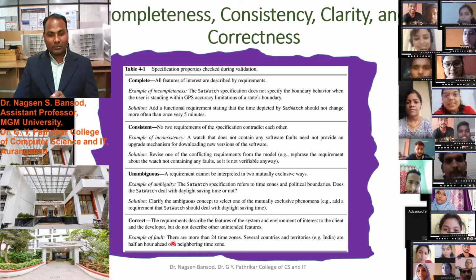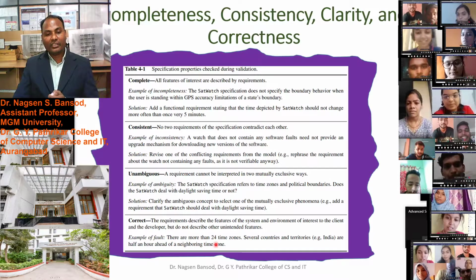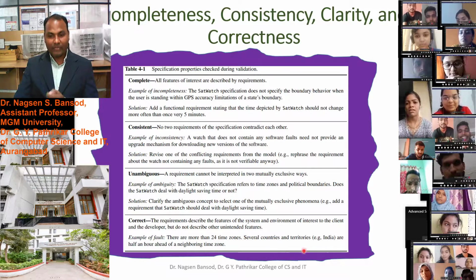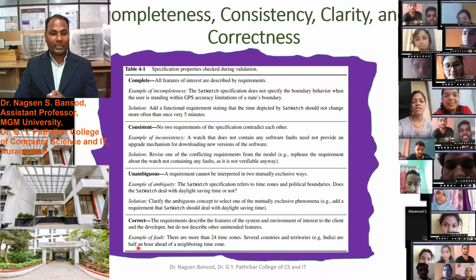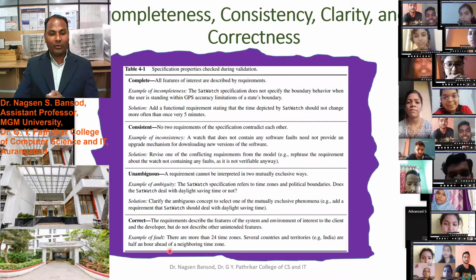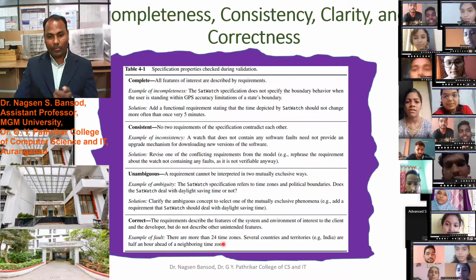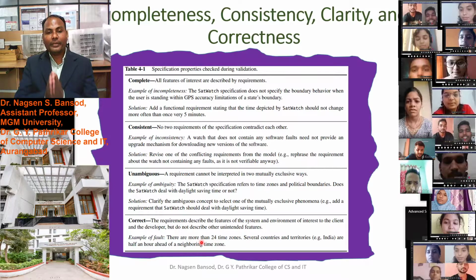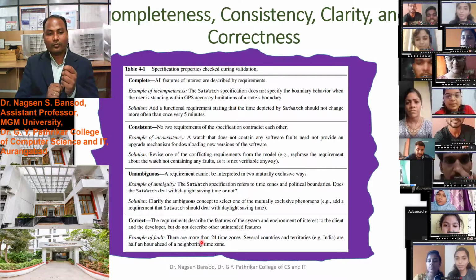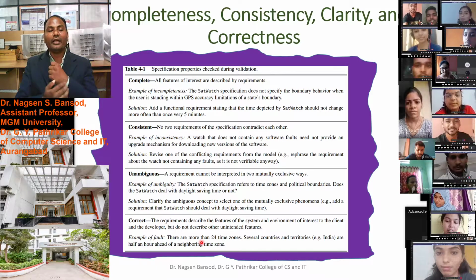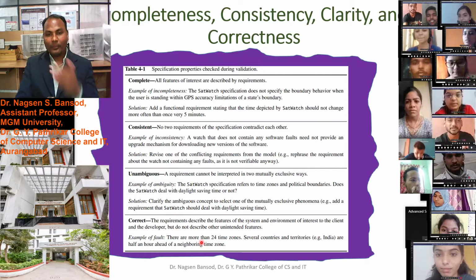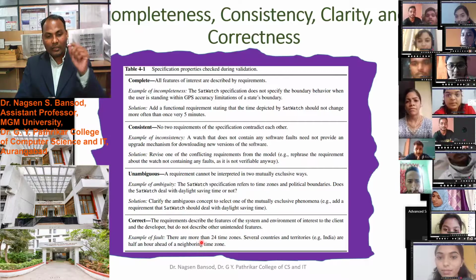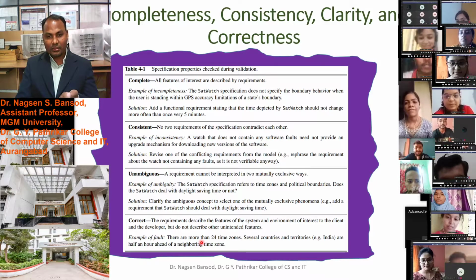Example of fault: there are more than 24 time zones, in several countries and territories. For example, India is half an hour ahead of neighboring time zones. So this should be correct. There is a feature in SatWatch: the satellite watch itself updates its time according to the satellite connection, according to the time zone you have changed to.